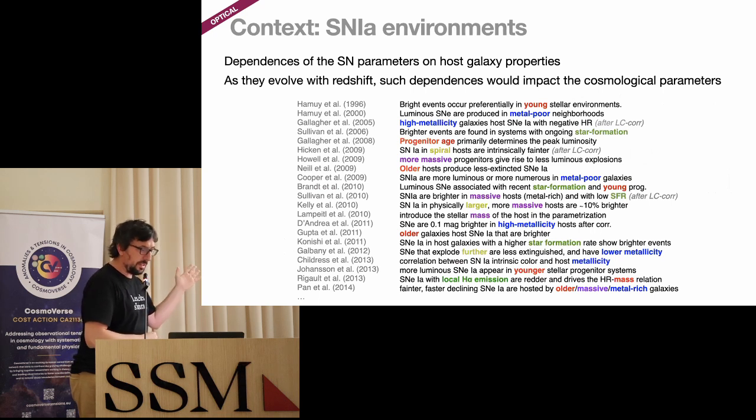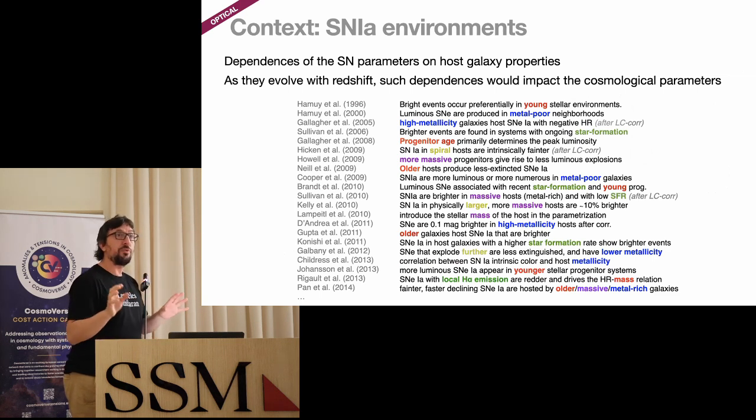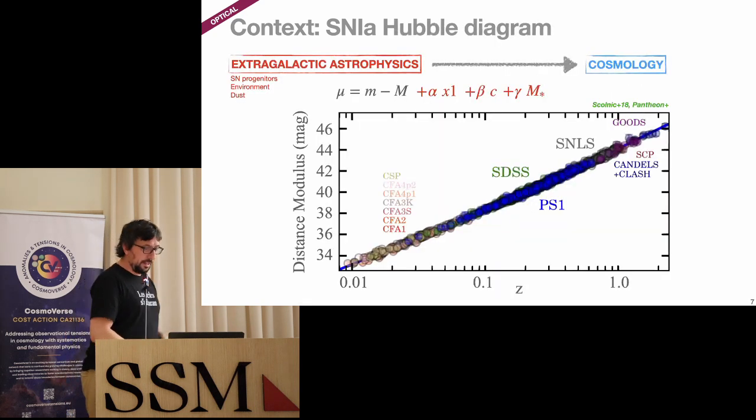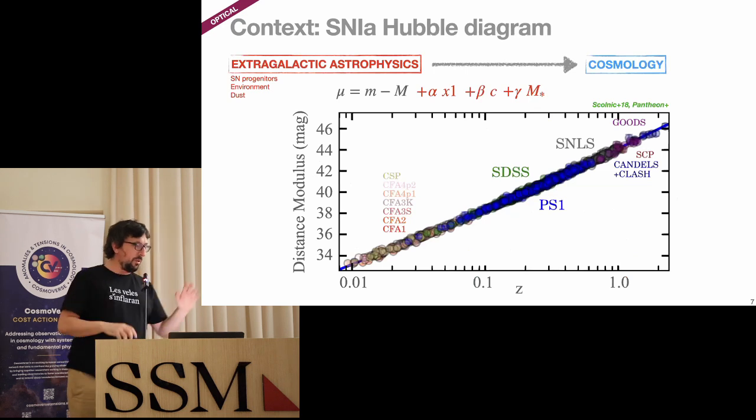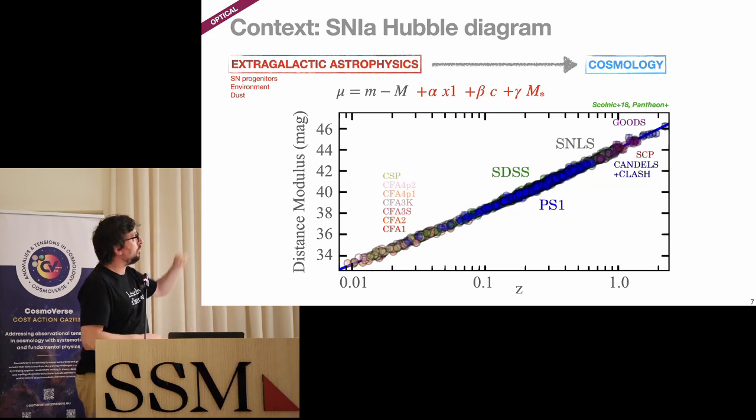this was found in the 2010s, but this has been found previously as well, not on cosmology, but on observational parameters of supernova against host galaxy properties. Actually, this was my PhD thesis. This is a very old slide that ended in 2014, but there have been lots more works putting more constraints on that. So we go from extragalactic astrophysics, supernova progenitors, environment, dust, through this expression to cosmology, and this